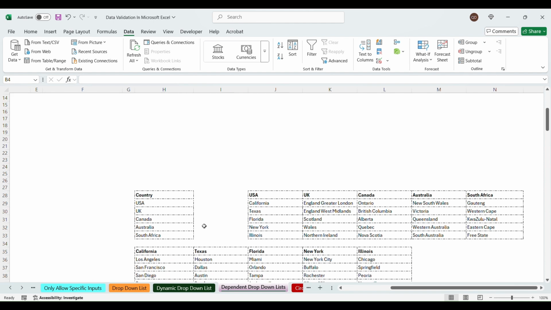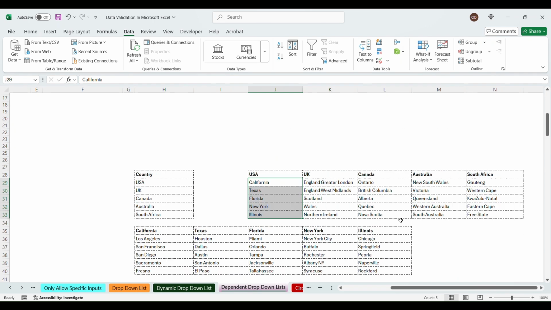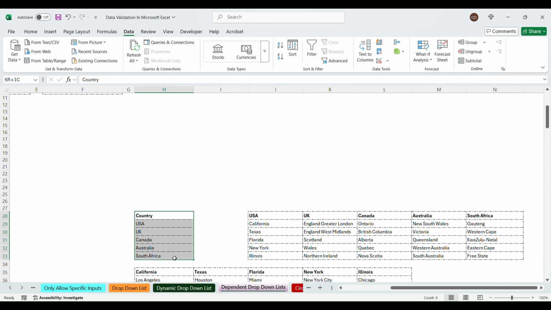5 different countries with 5 different regions, which can be a state or a province or region or whatever it's referred to in that specific country. And then for each one of those, 5 different cities. So we'll have to name